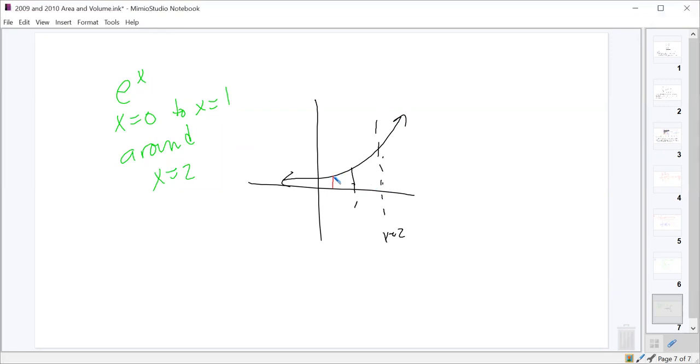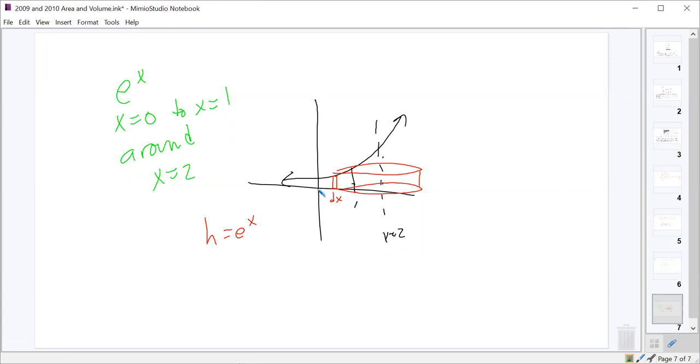So we'd sketch our rectangle parallel to the thing we're revolving around and revolve it around there. And so the height of each of these would just be the function. So height would be e to the x. We'd be doing it all in terms of x because the thickness of that rectangle would be dx. And our radius then would be, let's see, it would be